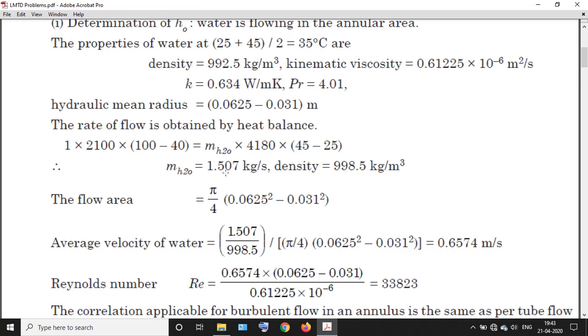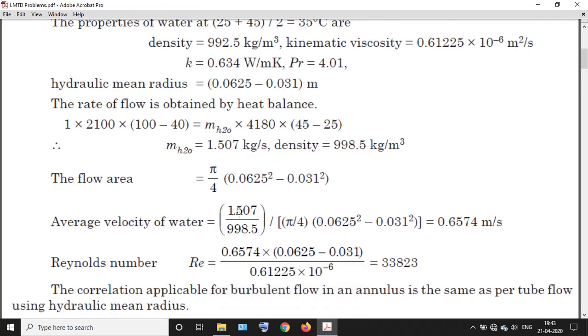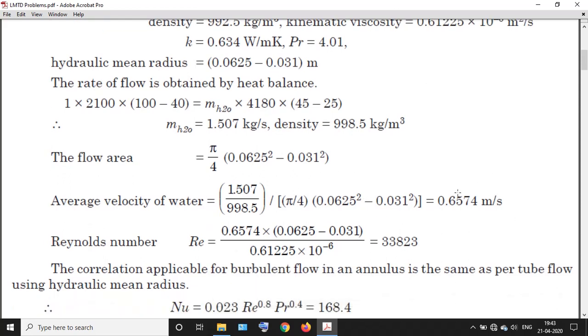So now we have an area, we have a mass flow rate. So we can find the velocity of water by equating mass flow rate m dot equal to rho A C, where C is the velocity, or rho A V, where V is the velocity. So to find velocity, we will have m dot by rho A, so it will account to 0.6574. So once we get the velocity, we can now estimate whether the flow is laminar or turbulent. So by calculating Reynolds number, which is V d by nu, where nu is the kinematic viscosity, we will get the Reynolds number.